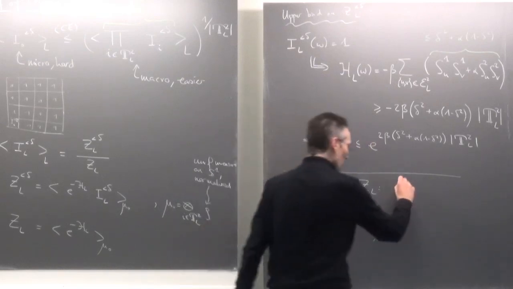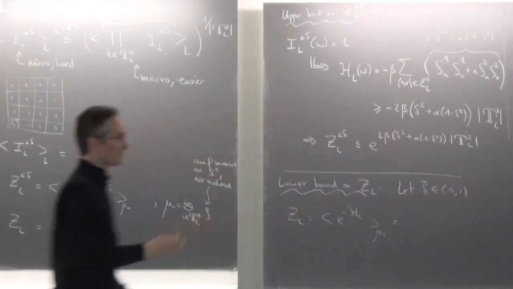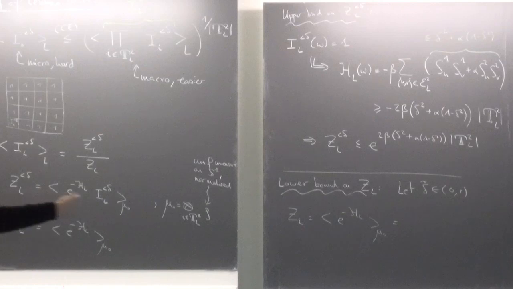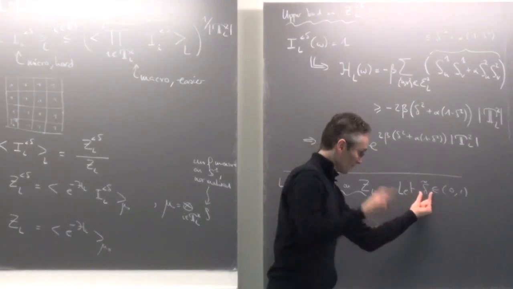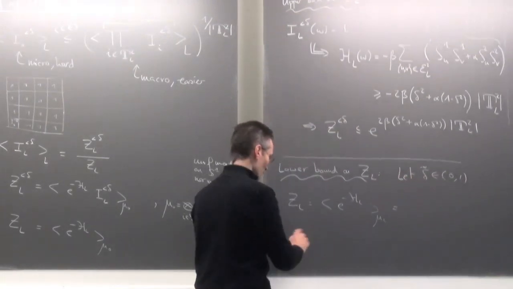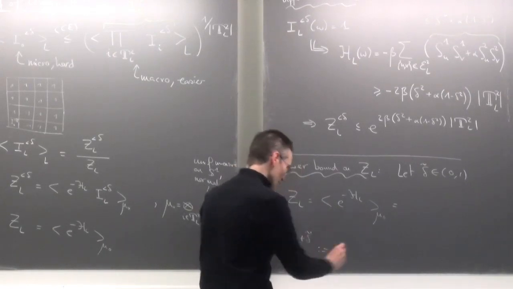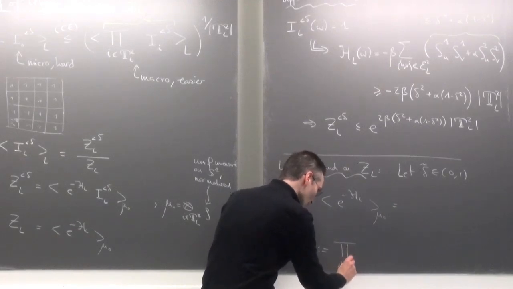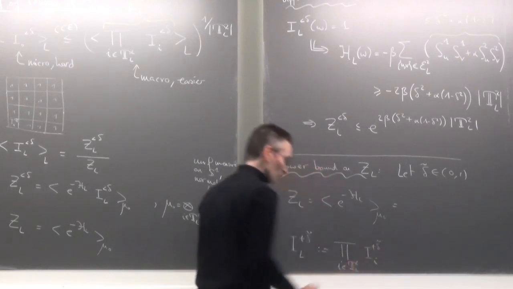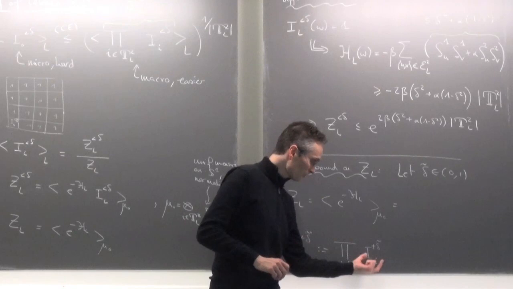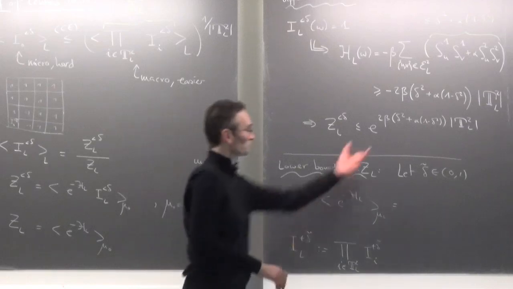So what I will do is that I will fix some delta tilde in 0, 1, which will be bigger than delta. I will choose it later, but it will be bigger than delta, and I will force my spins to align along the first component with first component which is at least delta. So I will denote by I plus delta tilde L this event, which will be the product over all i in the torus T12, I plus delta tilde of i. So I'm forcing all the guys to point to the right with the first component which is at least equal to delta tilde. Right? With delta tilde, which will be larger than delta.